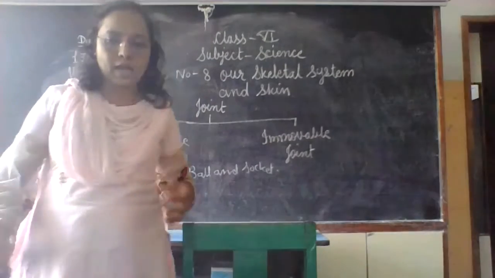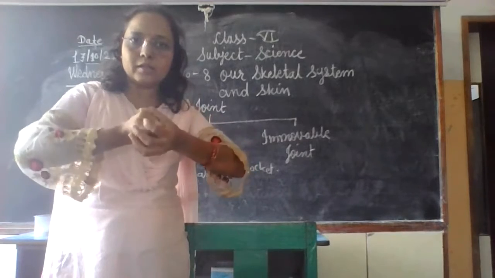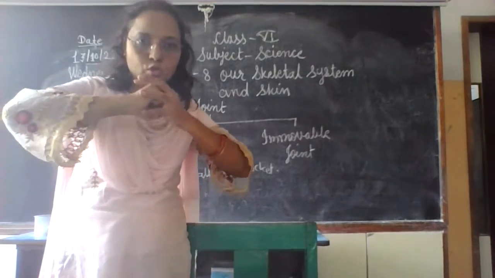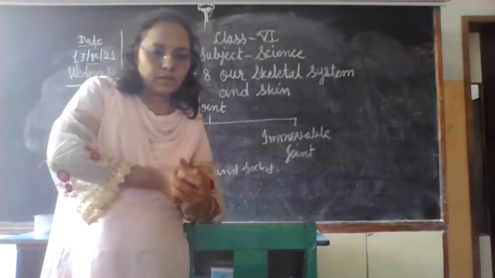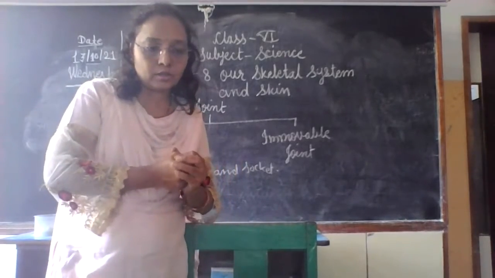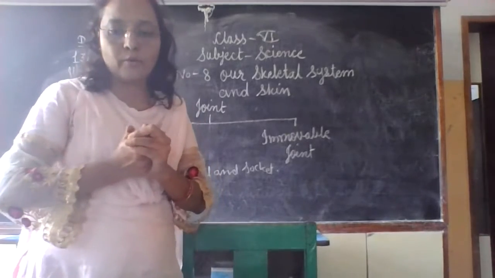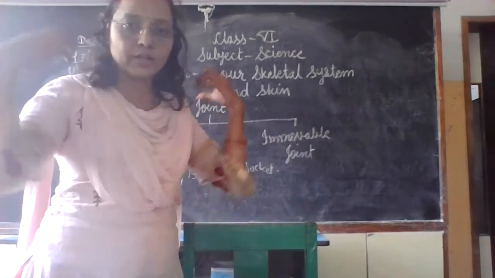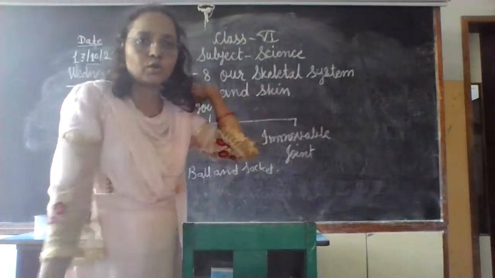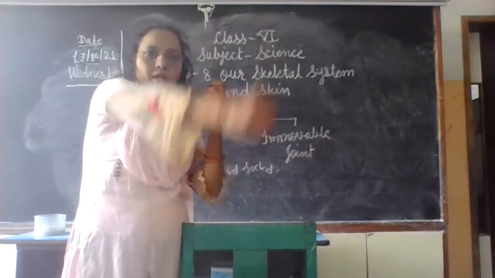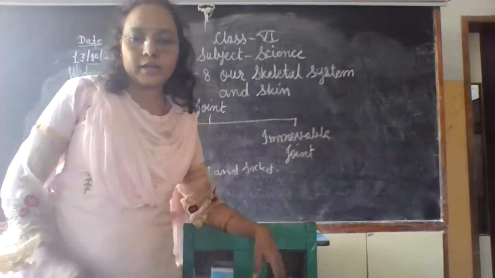Ball and socket, like a ball and its socket. So like that, the ball and socket joint. The arrangement of bone is like this. This type of joint is found in your hips and shoulders. See that our shoulder bone, we can move our shoulder in all directions. Likewise our hip, we can move in all directions.